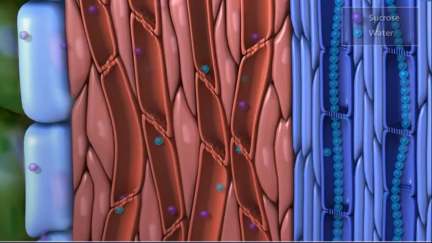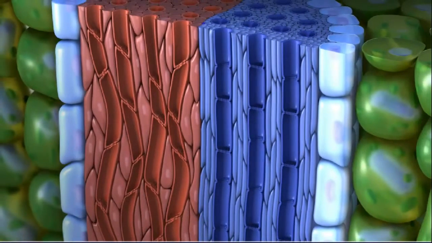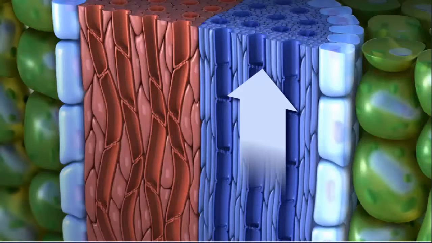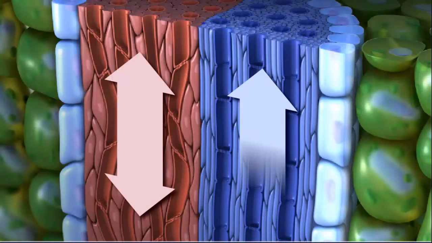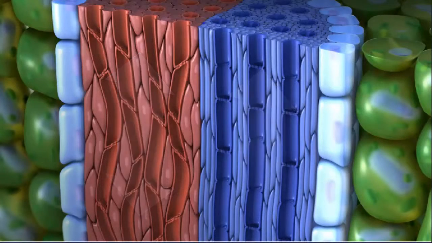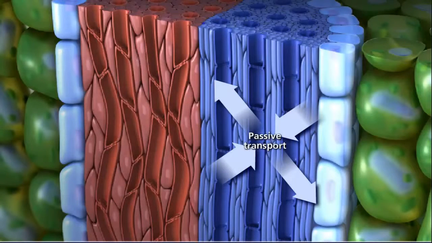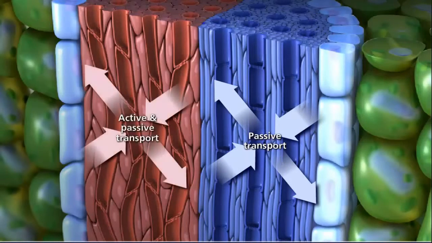carbohydrates in the phloem. Water movement in vessels is one way, while transport in sieve tube members can go in both directions. Water potential is an important driver in both xylem and phloem transport, but only phloem transport utilizes both active and